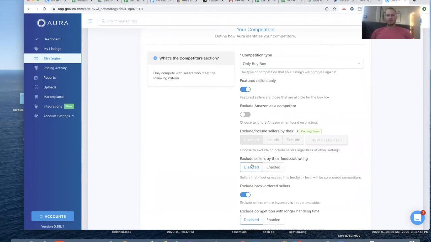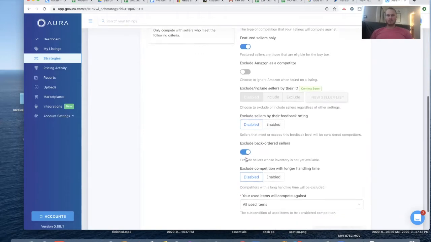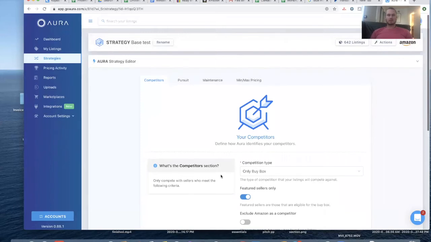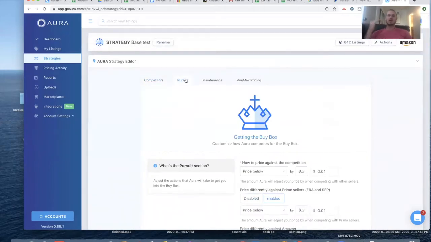Feedback disabled. It doesn't really matter. Just keep going down. Used items. Okay. Now it's gonna do this. It's gonna put this in the same strategy for you, or it's gonna bring you down a different way. This is when it's already put out. But these are all the features that you need to have. So I'm just gonna go through each section, each tab, and then I'll show you guys